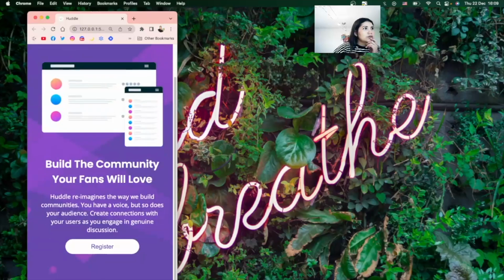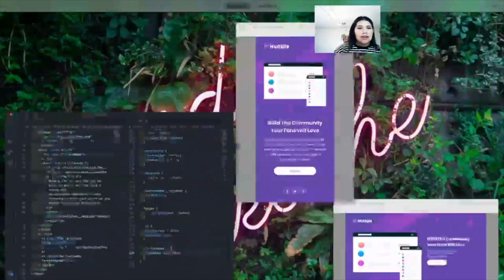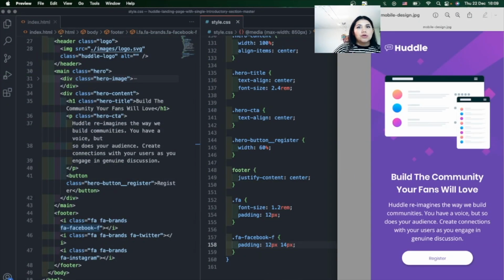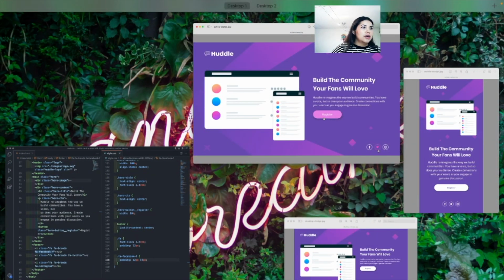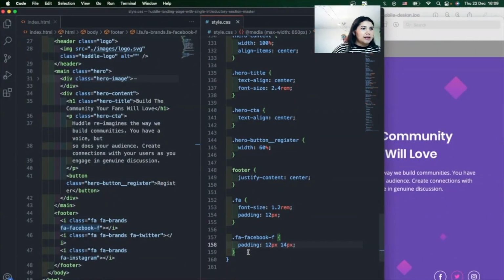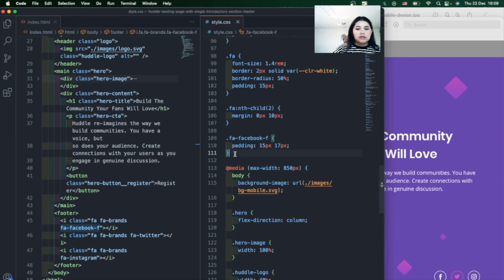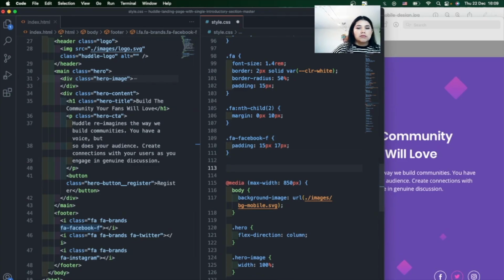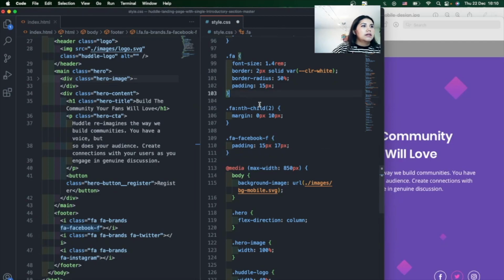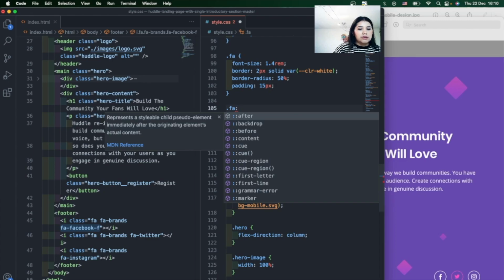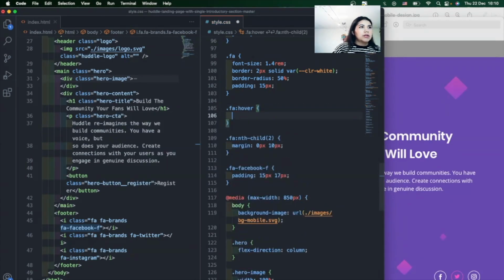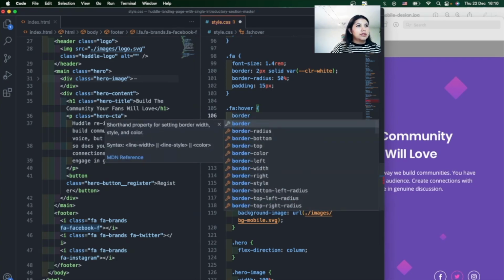Okay, so another thing that we need to do is add that active state for those icons. If you look at the design, when you're hovering over those icons, the border and the icons change color. So let's add that. Actually, let's add it here. So .fa:hover, and we're gonna do a border color